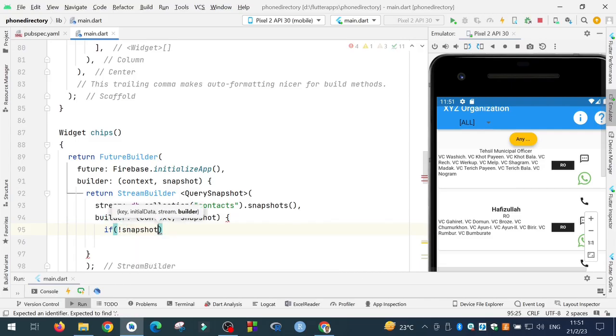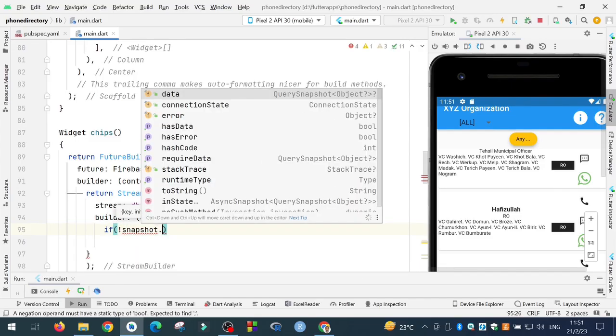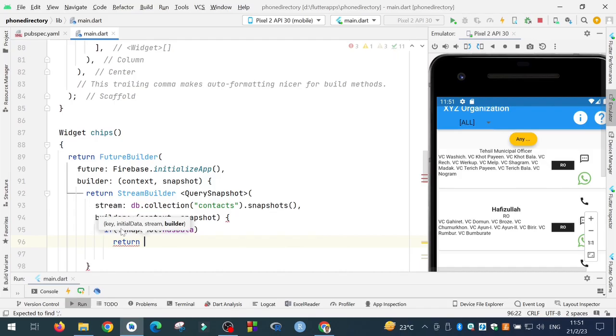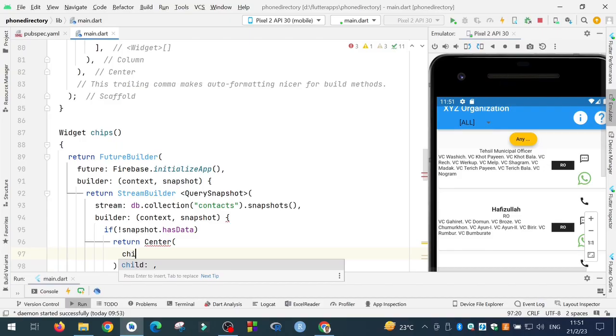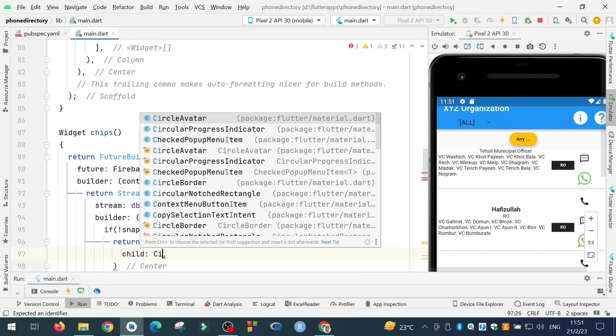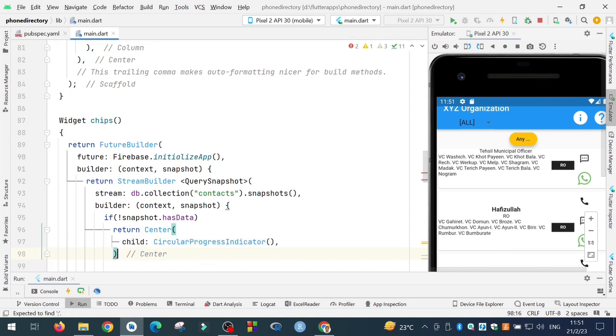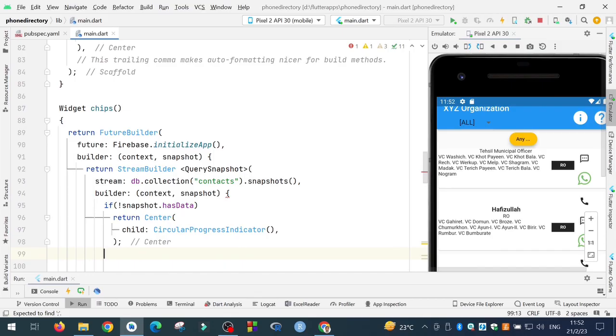If not snapshot.hasData, it means the snapshot has no data, then I will return Center and a child will be CircularProgressIndicator; or if there is data, then I will say else